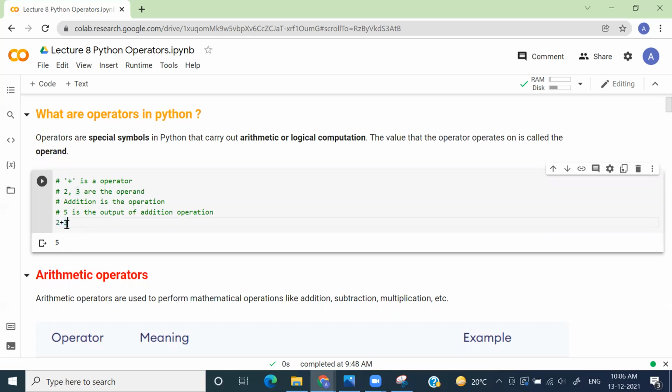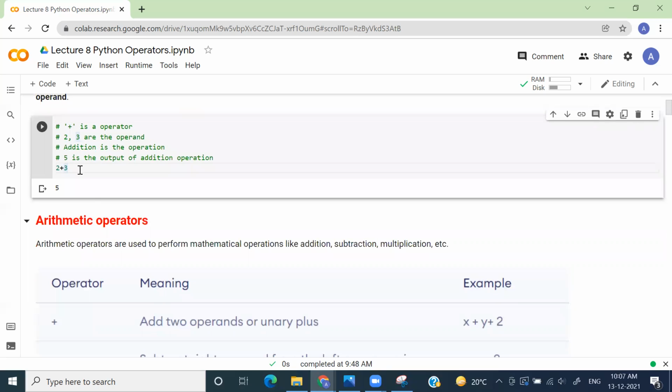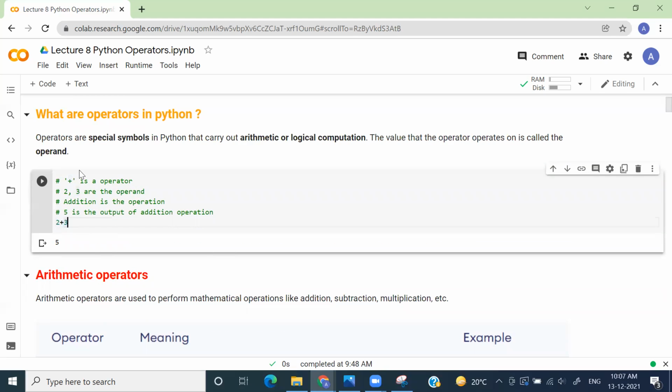This 2 is an operand, 3 is an operand, but the sign here is called the operator. And this entire expression is called an arithmetic expression because it will do some arithmetic operation, right? Addition is an arithmetic operation. So these are the theoretical definitions of operators, operands and operations.